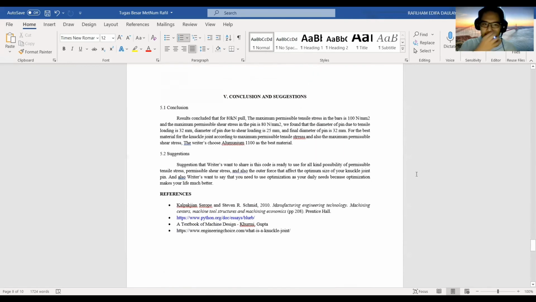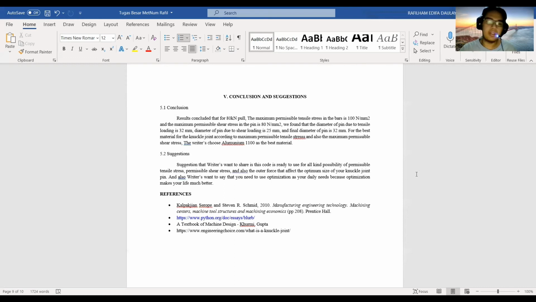The last is conclusion and suggestion. The conclusion is that for an 80 kN pull, the maximum permissible tensile stress in the bar is 100 Newton per millimeter square, and the maximum permissible shear stress in the pin is 80 Newton per millimeter square. We found that the diameter of the pin due to tensile loading is 32, the diameter due to shear loading is 25, but the final diameter of the pin will be 32. For the best material for the knuckle joint according to maximum permissible tensile stress and maximum permissible shear stress, I as the writer choose aluminum 1100 as the best material.